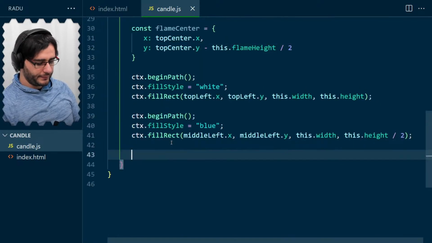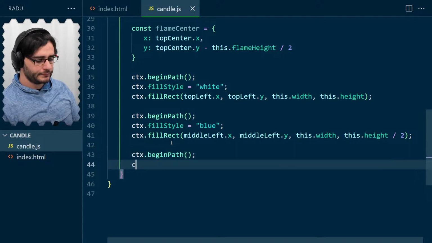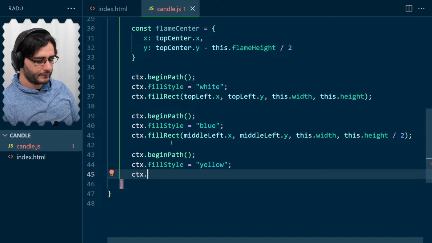And here we can say begin path, fill style yellow, and ellipse. Now ellipse, this function is similar to the arc. First is the X, so we have already flame center X, flame center Y, and now we have to give it a radius. We do have this flame height,